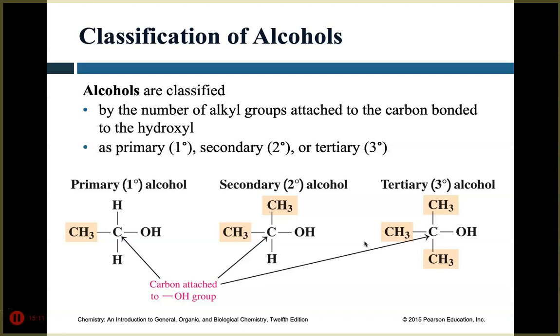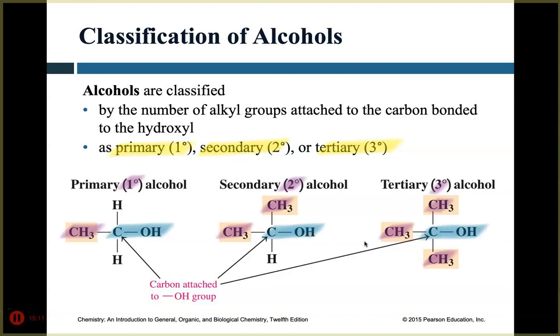But what I really care about, because this will play more relevance when we talk about reactivity, is determining if an alcohol is primary, secondary, or tertiary. The names sound intimidating, but it's not that bad. There's my carbon attached to that hydroxide group, and the question is basically asking, how many methyl groups do I have attached? 1, it's primary. 2, it's secondary. 1, 2, 3, it's tertiary. And in all of those, I've kept a similar structure. So there's my carbon